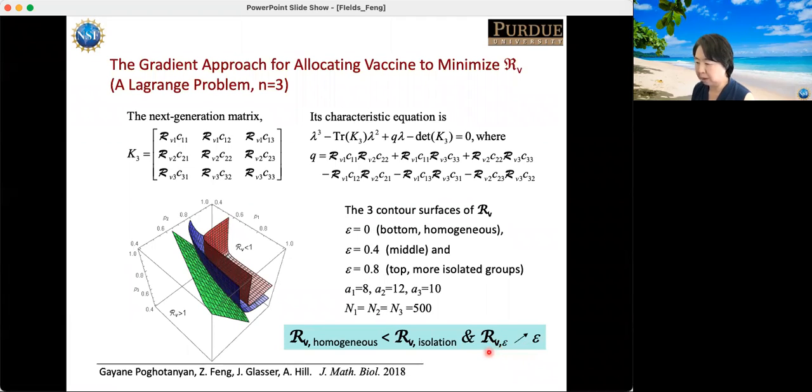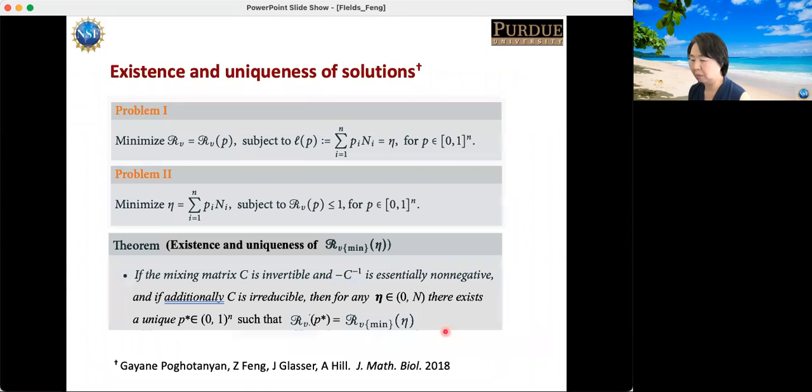The RV reproduction number is increasing with the value of epsilon. So if you have a homogeneous population, your reproduction number is the smallest, and when you have an isolated population, the reproduction number is the highest. When you have an isolated population, the reproduction number is basically the maximum of all those subgroups' reproduction numbers. This is a very interesting result. Actually, the thesis of one of my students is about this. They prove the existence and uniqueness of the optimal solutions when you have multiple subgroups,